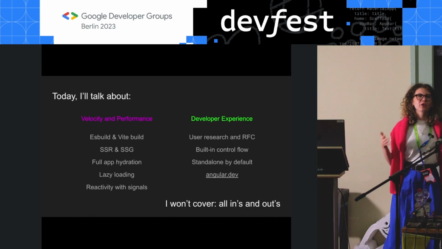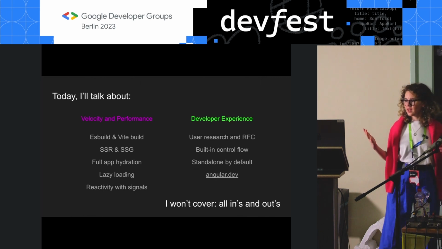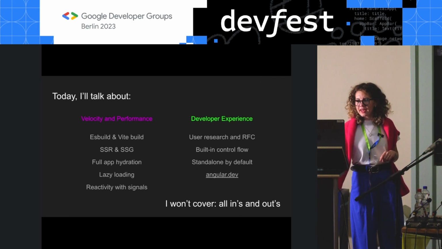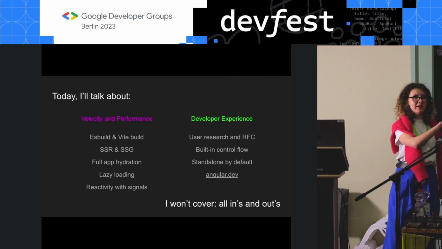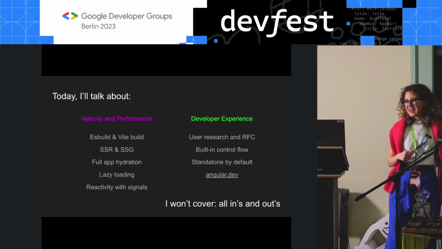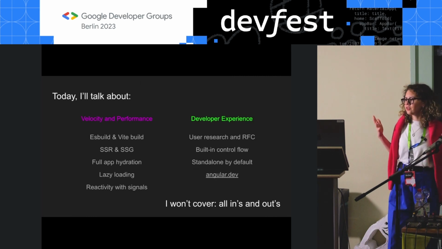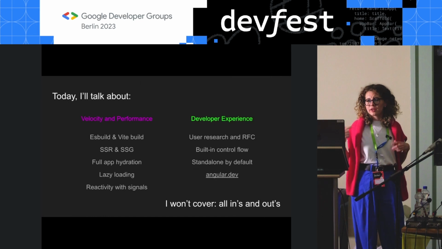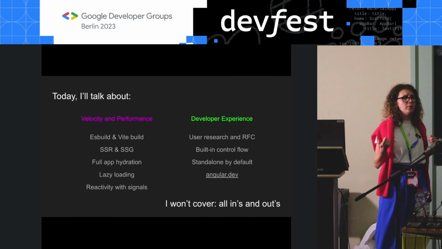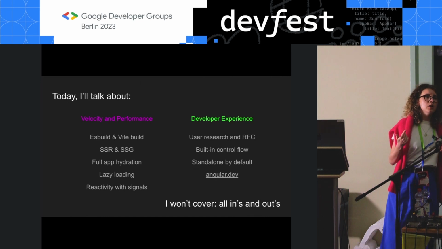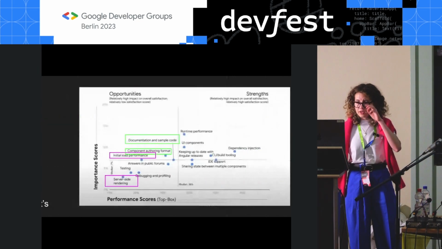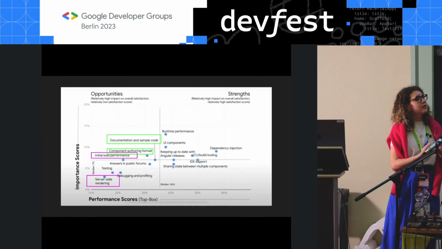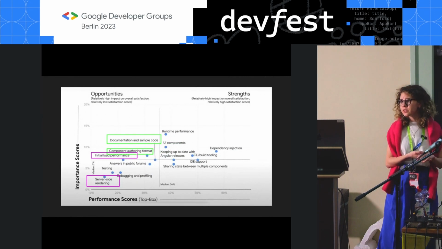However, I won't cover all the ins and outs because, well, it's simply a lot. And looking at this huge list of things, and that's not the exhaustive list of all the new features, you might think, how do they come up with these changes? How do these topics come around? Well, the Angular team gathers a lot of data from the annual dev survey, also requests for comments, and user research. And looking at one of these annual developer surveys, you will see some topics